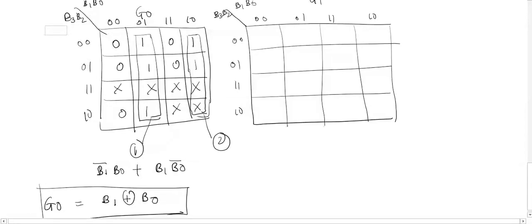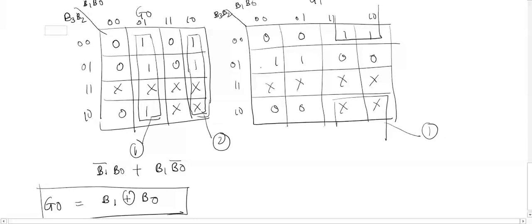Now for G1, the entries are 0, 0, 1, 1, 1, 0, 0, all don't cares, 0, 0, don't cares. Now we'll try for the octet. An octet is not possible. Then we'll try for a quad. This will be my first quad, group number 1. And this will be my second quad, that is group number 2.